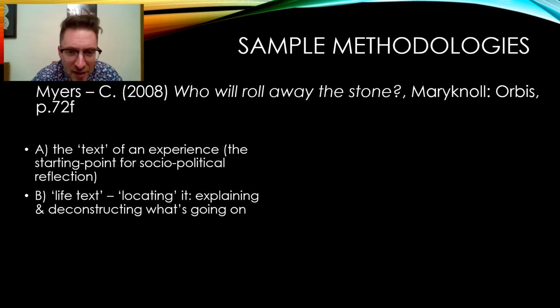Secondly, he says the life text. So start to locate it in a bigger story. You've got a particular instance of an issue. How does that now relate to the bigger web of things going on? To deconstruct it, you identify that it's part of a whole web of connections. This is where you might bring in empire language, and then having assessed it and analysed it in a bigger framework, you then start to say, so now I've got a better grasp of what's going on, how can we deconstruct to offer the possibility of transforming it?